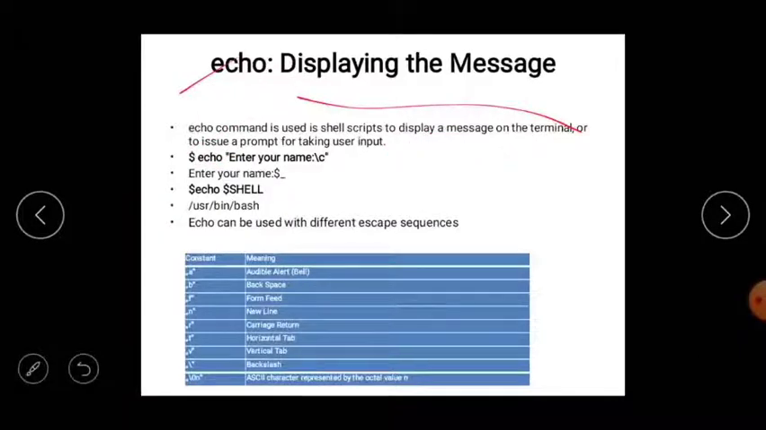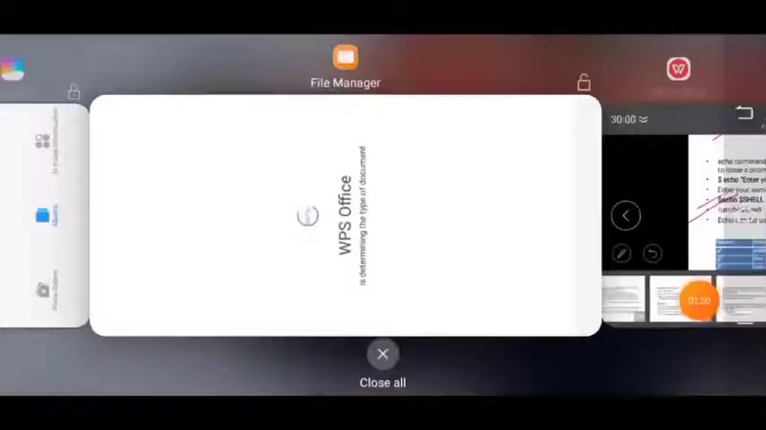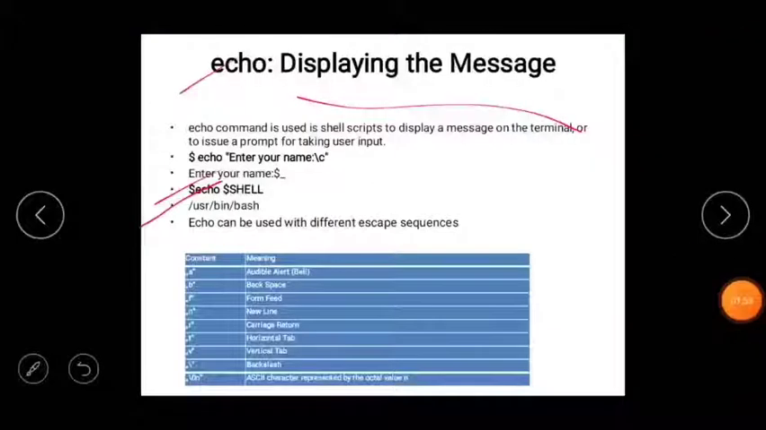Another use: echo space dollar SHELL. If we give this, we are going to get the location of the shell, which is /usr/bin/bash. Here the shell is present, and this is the location path. Okay, the path we are going to get. Okay, next,